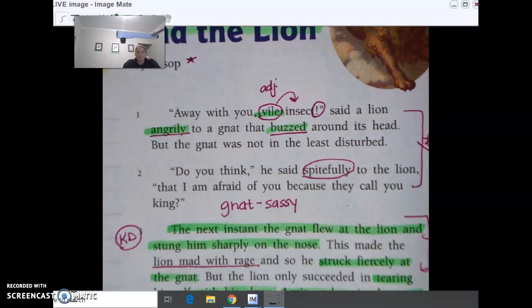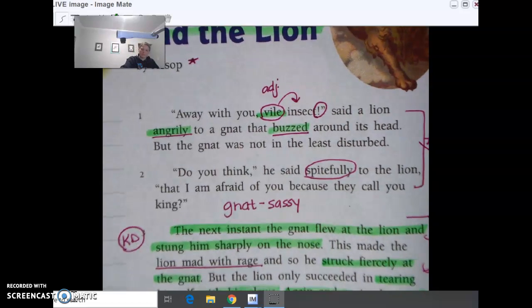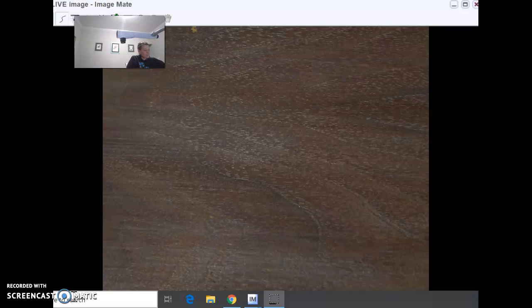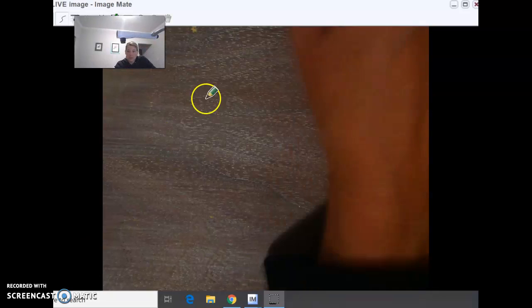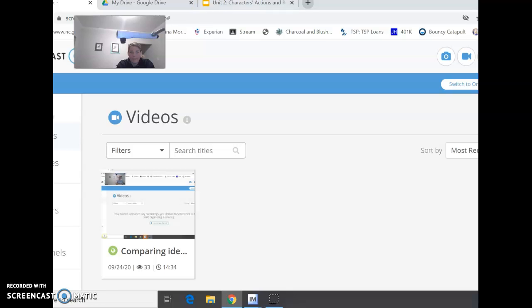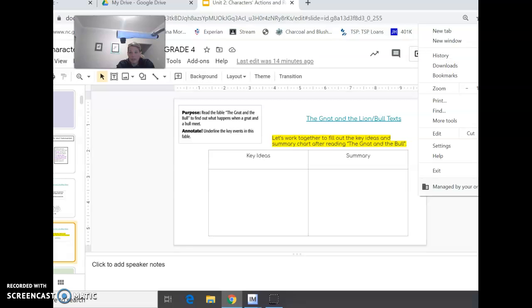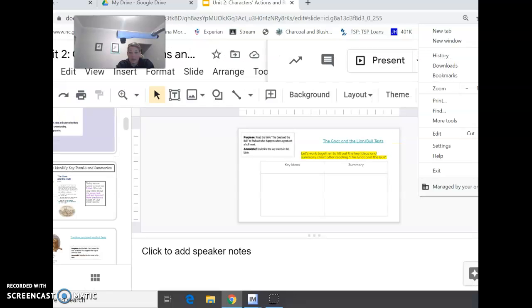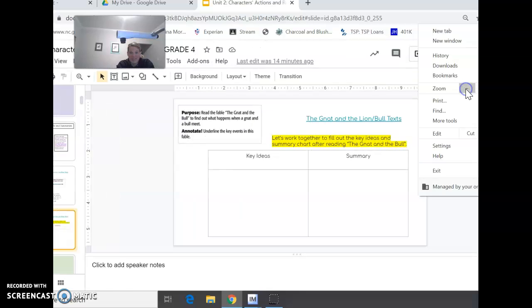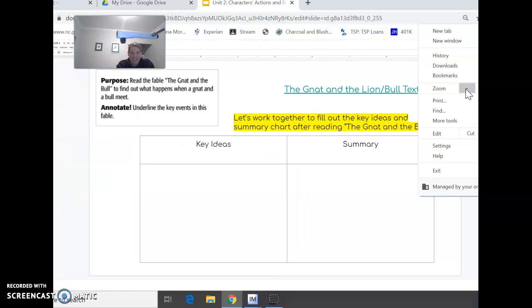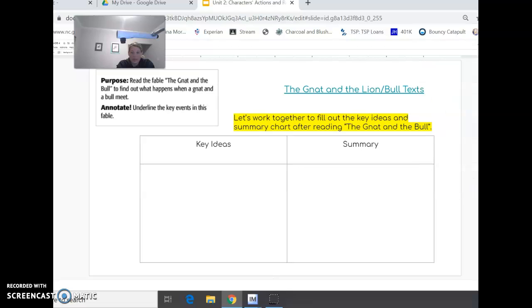All right, so we're going to go real quick to our key detail and main idea chart, or summary chart. Change my screen. So keep your book out in front of you. So here's our screen, our chart. This is a chart that you might work on again later with the next story. There we go. So we just read the fable, The Gnat and the Lion. Now, the next story that we'll look at today is The Gnat and the Bull. So you'll use this same chart